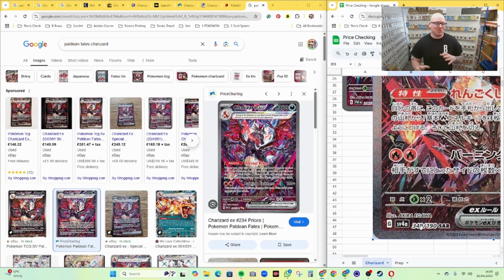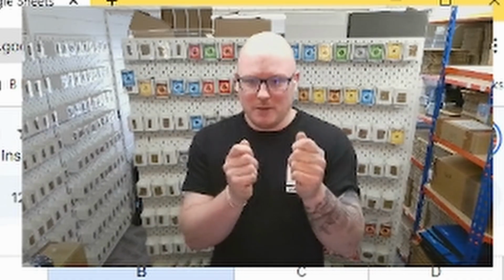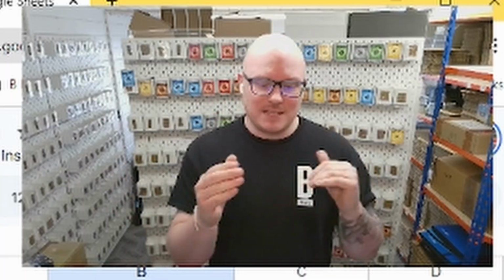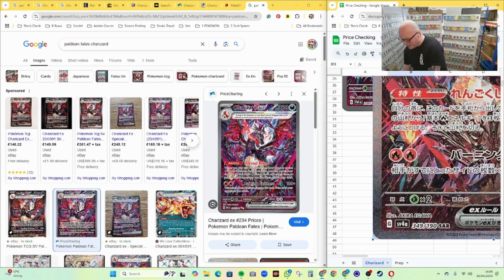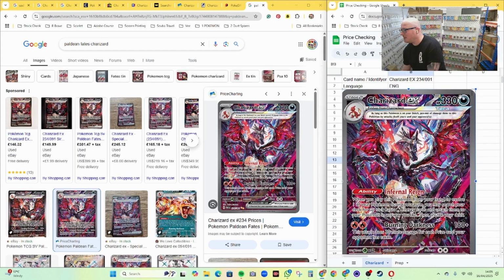349/190. So make sure if you are using a card that you need to get priced, or you're just wondering what the price might be, that you get the exact one, because they might be slightly different size sets in different languages. So we're going to leave that there, and let's get rid of the Japanese, and let's go through